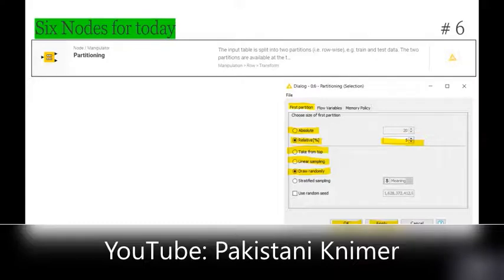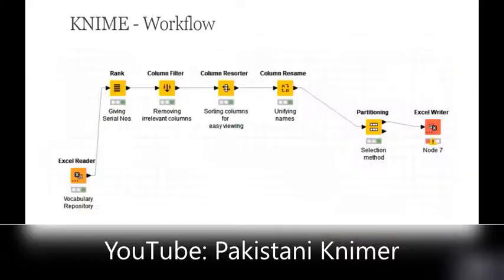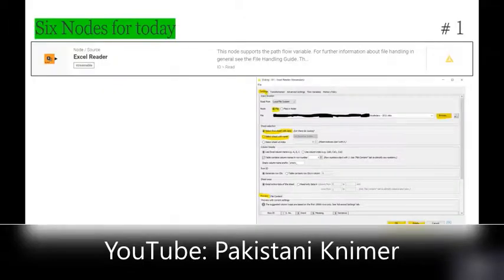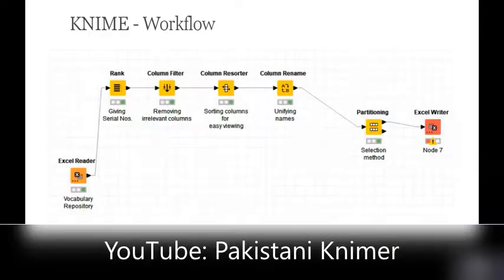Okay, now how our workflow looks like. So this is how our workflow will look like. You remember the first node was Excel reader. In this case, the configuration that we have given is this one, right? So Excel reader, browsing the file, selecting which sheet is required, apply, and execute. The second node that we selected is rank, giving serial number.